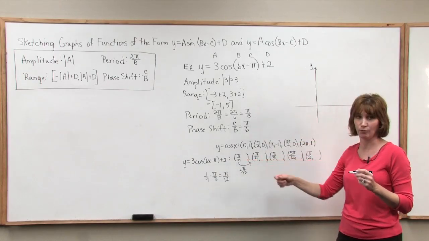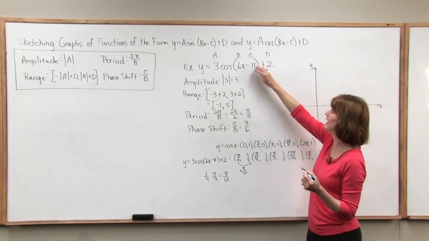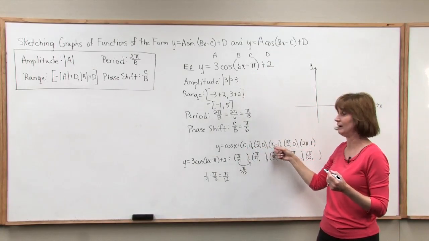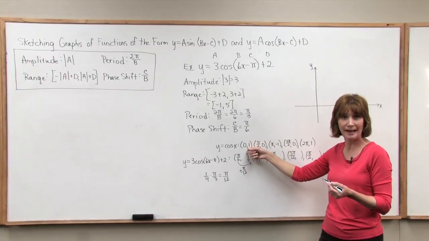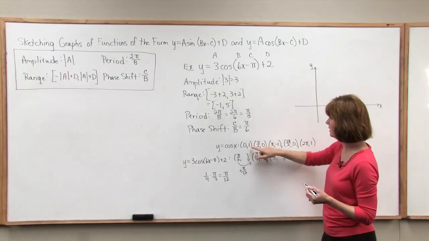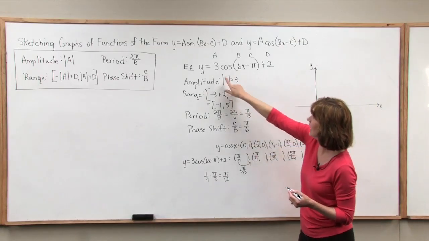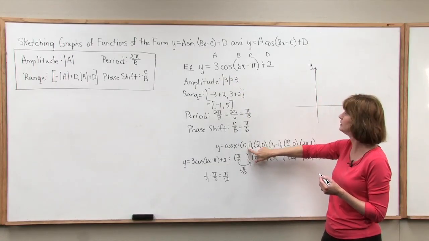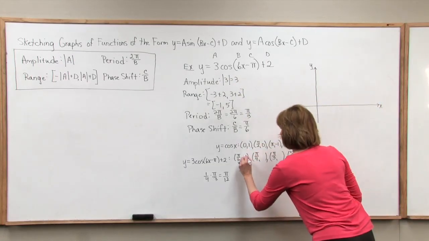Now we need to get the y coordinates. Remember, when we didn't have a d, we got the y coordinates by multiplying my y coordinates by a. Well, now we multiply our y coordinates by a, but then we add 2. So let's go. A is 3, so we're going to do 1 times 3 is 3, plus 2 gives me